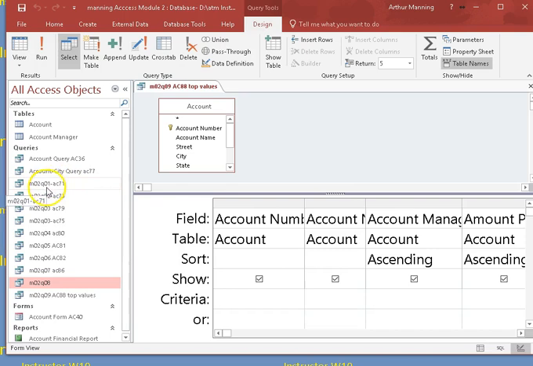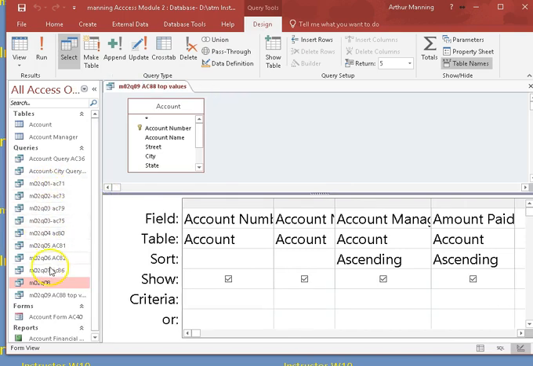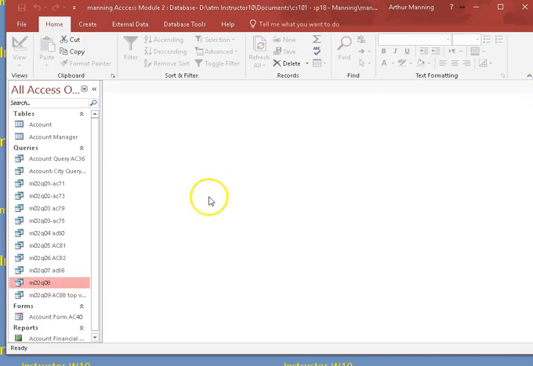Now, I can't tell from here what table I'm getting the information out of. I just see the name of the query. In Design View is where you can tell where the data is coming from. But we now come to a concept having to do with joining tables. And so we have a little need to understand what's going on here. So I have a little